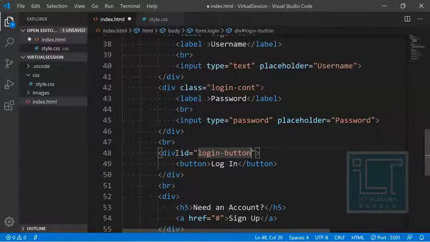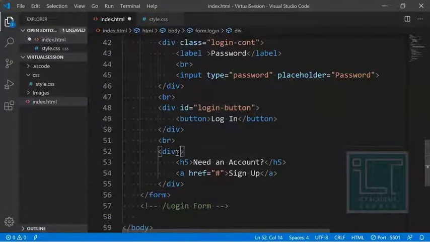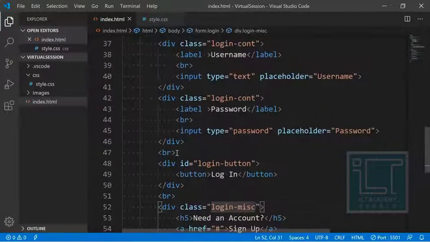Okay, I'm going to give it a login button ID. This can also be given as a class, like login miscellaneous. Okay, so these are the class and ID that I have already given.